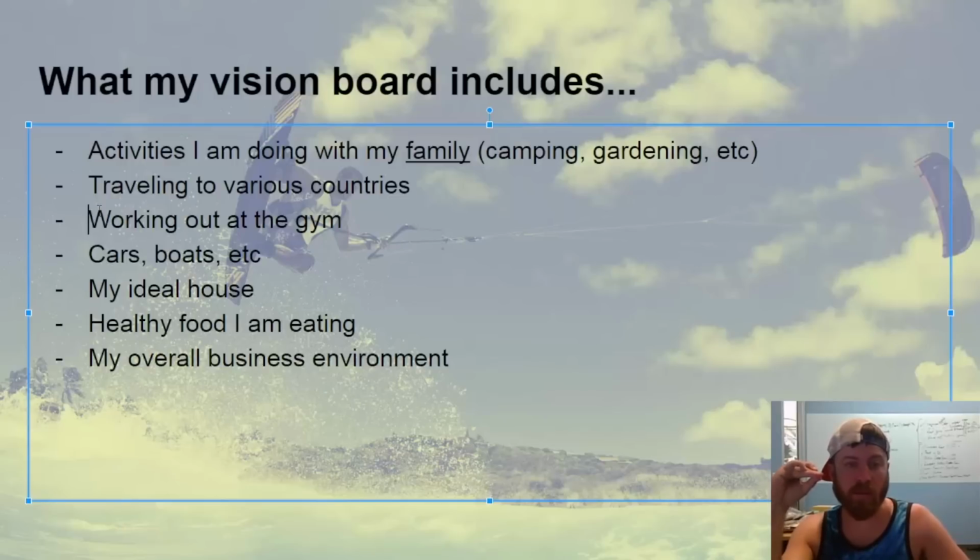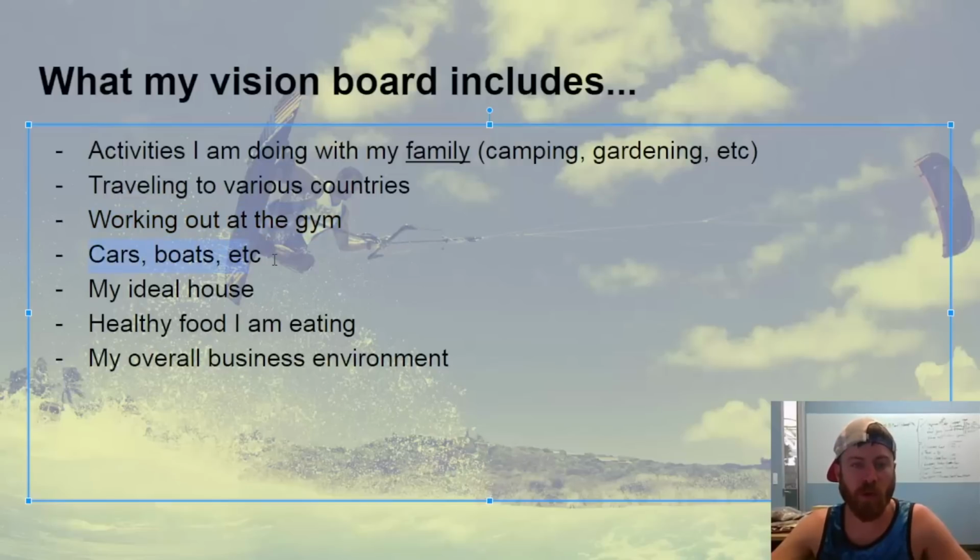Maybe you can't work out at the gym that much right now because you have to work 9 to 5 and you have to come home to your wife or your kids, your girlfriend or your friends or your roommates, or whatever, and you don't have time to work out, or you don't have the money to afford a gym. This is going to motivate you to be successful in your business.